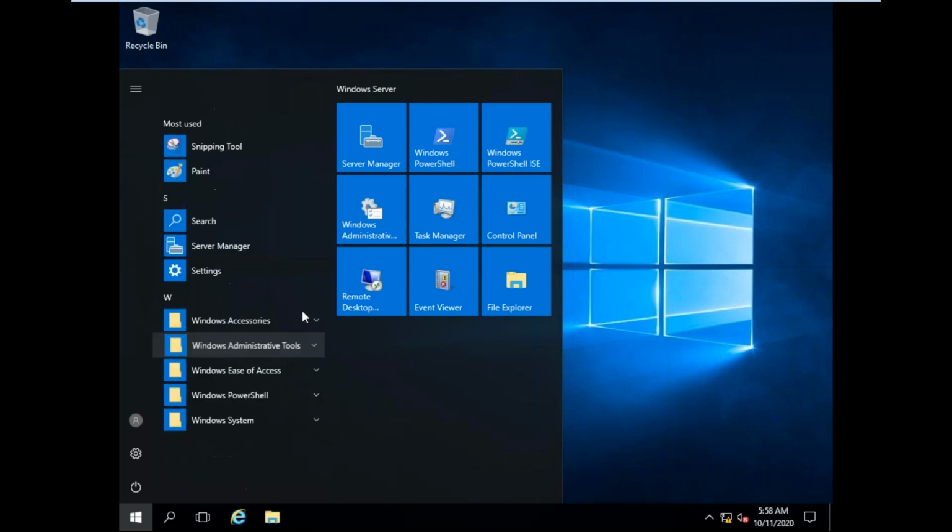We have different options here. Here, Dashboard, Server Manager, Windows PowerShell, Administrative Tools, Remote Desktop. Like this, here also you can see.